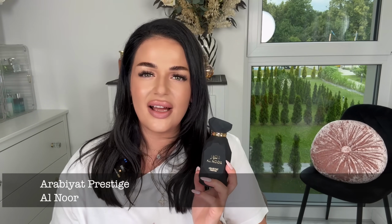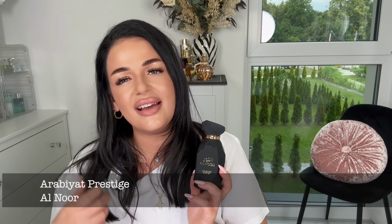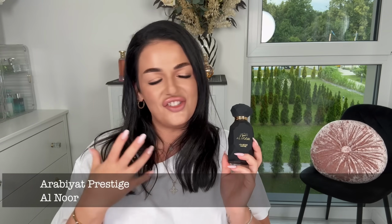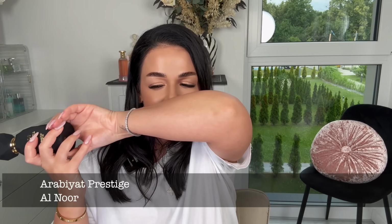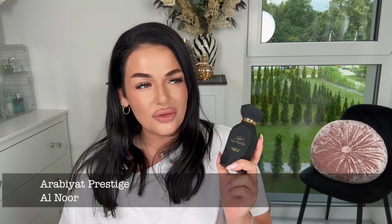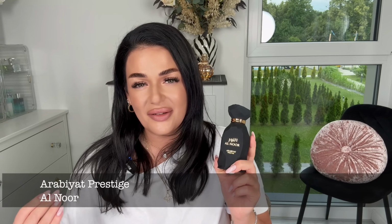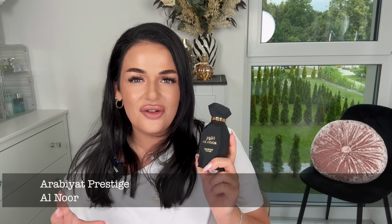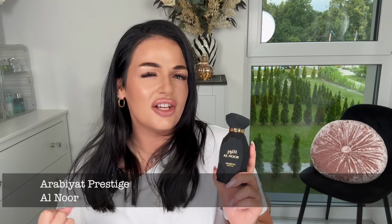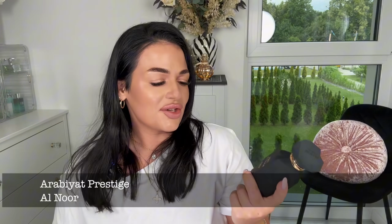because from here I get the most vanilla and tonka, so obviously I'm gonna love it the most, and also it's the sexiest. It's just the sexiest. Yeah, it's darker, it's more mysterious, and don't think that darker and stronger means it goes into the extra Gris Chanel direction. No, it actually goes into a very feminine direction, very vanillic, like a dark, sweet vanilla. So Al Noor,